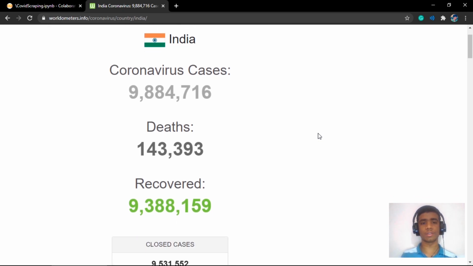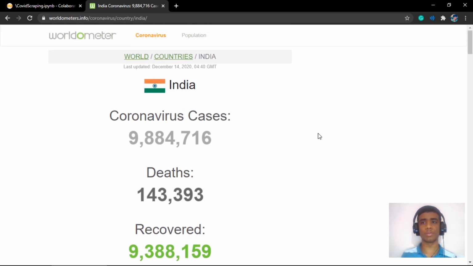Web scraping is nothing but scraping. As the name suggests, we are going to scrape the data from the website, right? And why should we even think about web scraping? Because it is very important in cases where you want to get the data that is being displayed on websites, and there are no APIs for that.